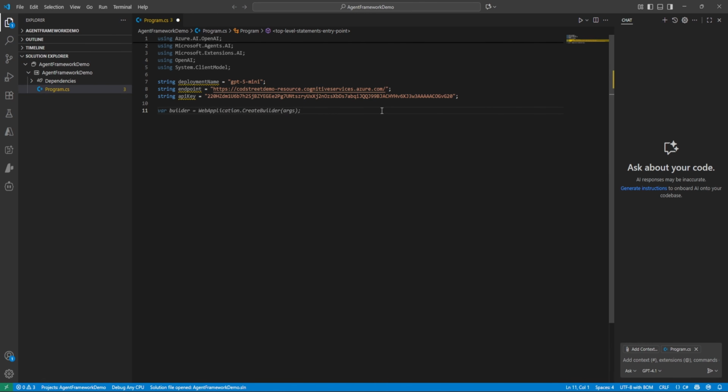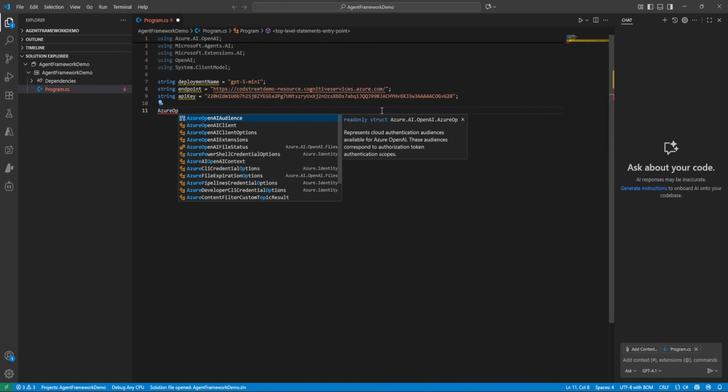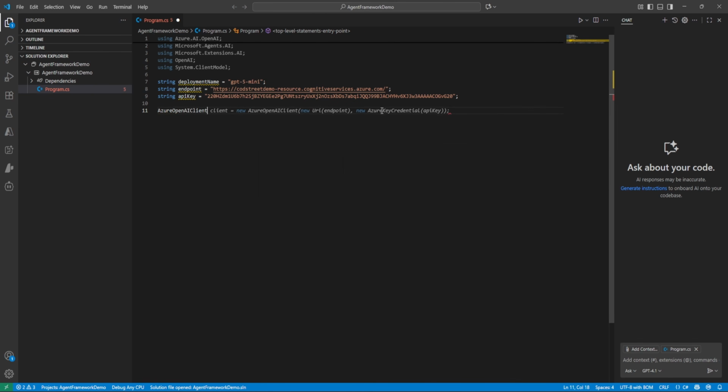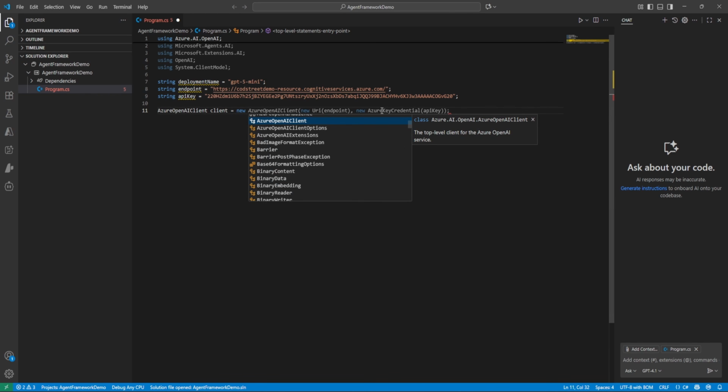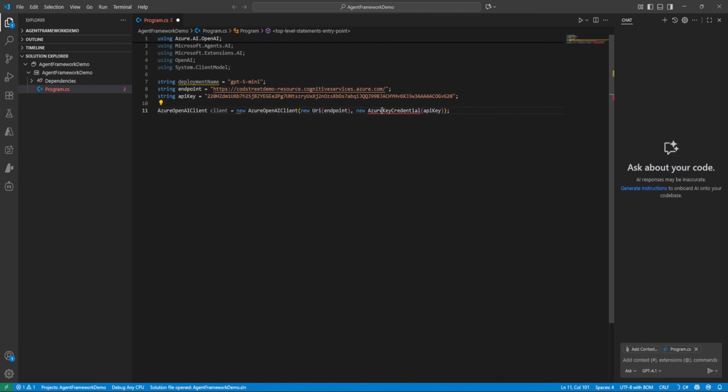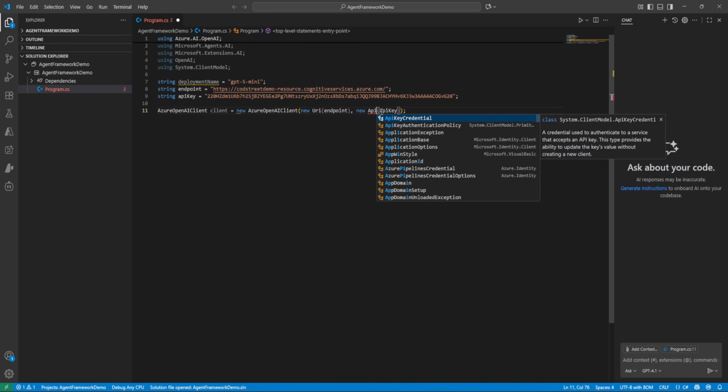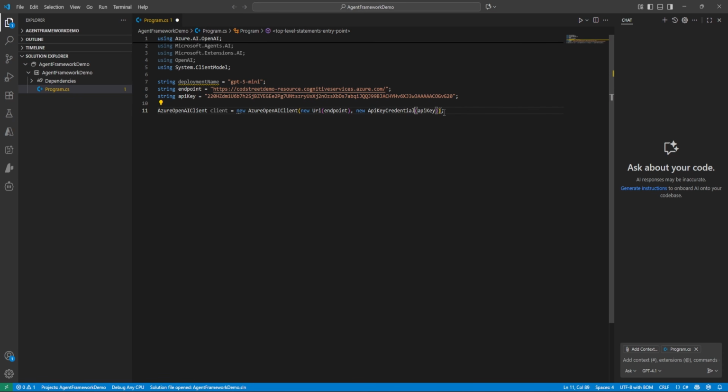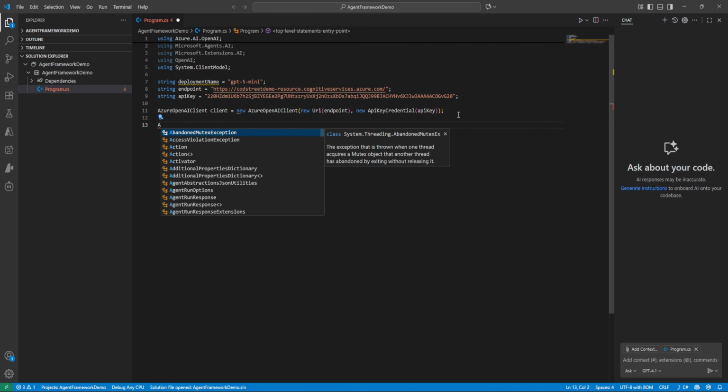Okay, so now creating the Azure OpenAI client. Client equals new Azure OpenAI client. Perfect. And here we need to use API key credentials. Okay. Now next one is let's create the agent,